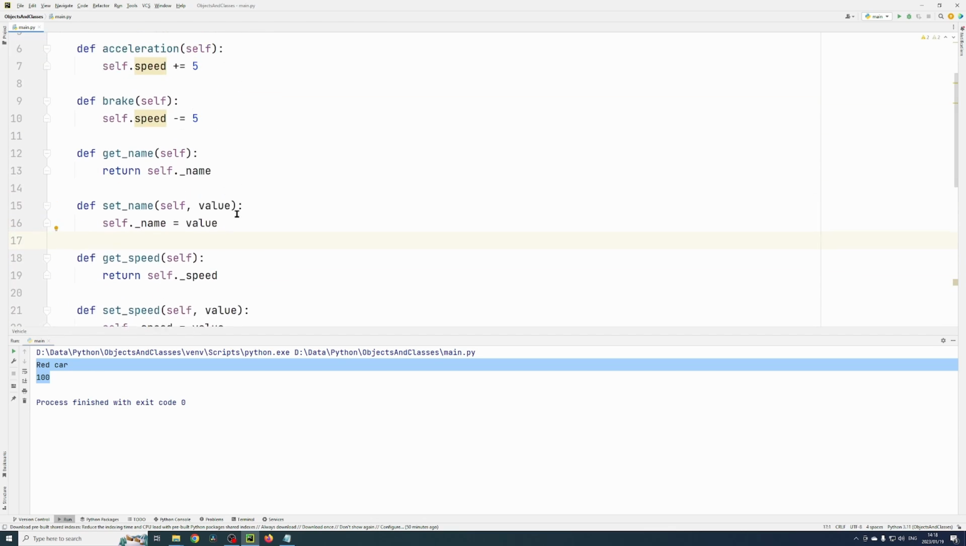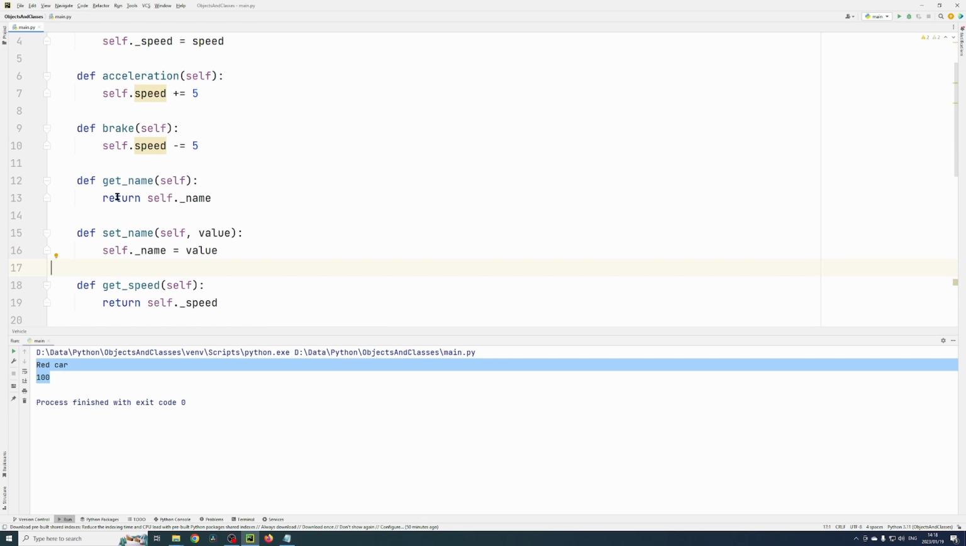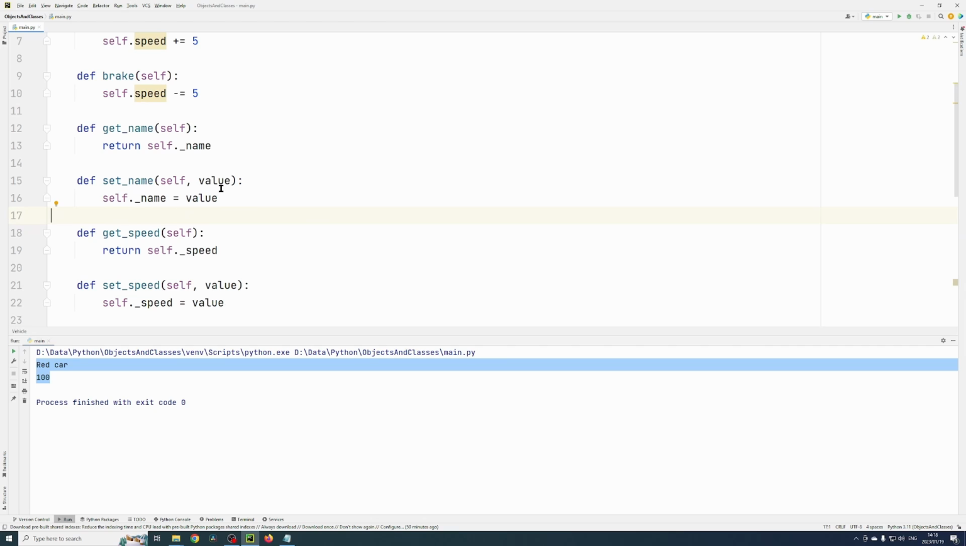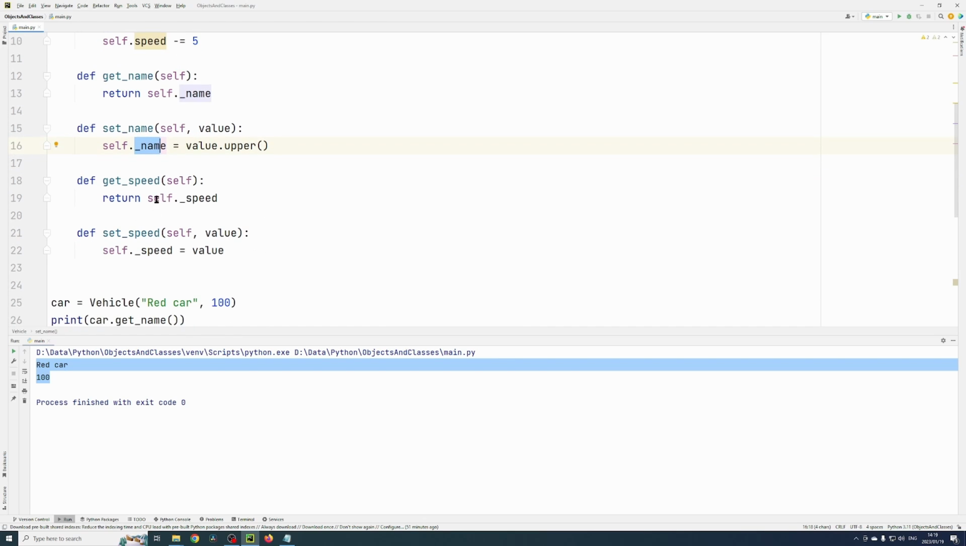So example, if you want to make sure that the name of the car is always in uppercase when the value is set, then you would change this to upper. Okay, then it will always change the value to upper and the name will always be in uppercase. Okay, and the same thing, you might want to check the speed to make sure that you're passing in an integer variable, or you might want to impose a limit on the speed,